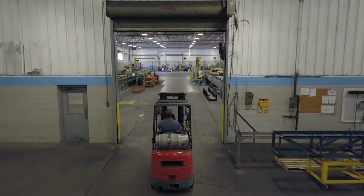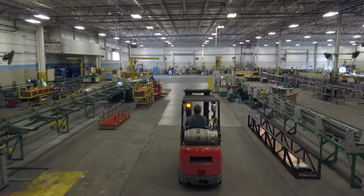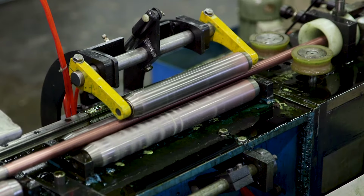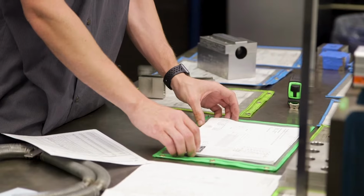So we offer more variety than we can find in the entire world to our customers because there's a need for it. There's a need to be able to offer the appropriate solution, not just an out-of-the-box A, B, or C product. So when a customer calls, they sometimes know what they need and sometimes they have no idea what they need. We come alongside them, with our engineering team, with our sales staff, even through our quality control,